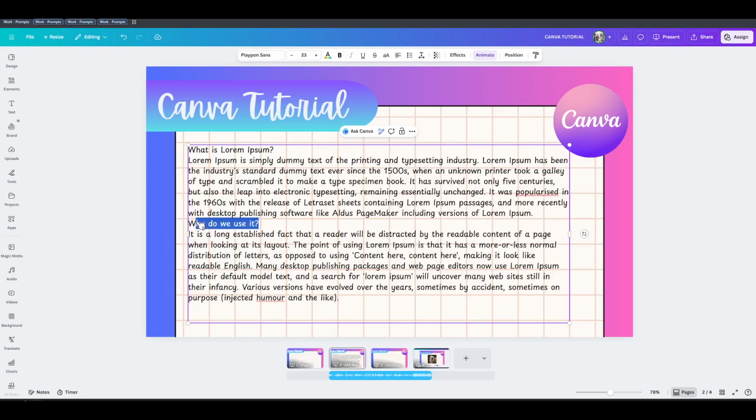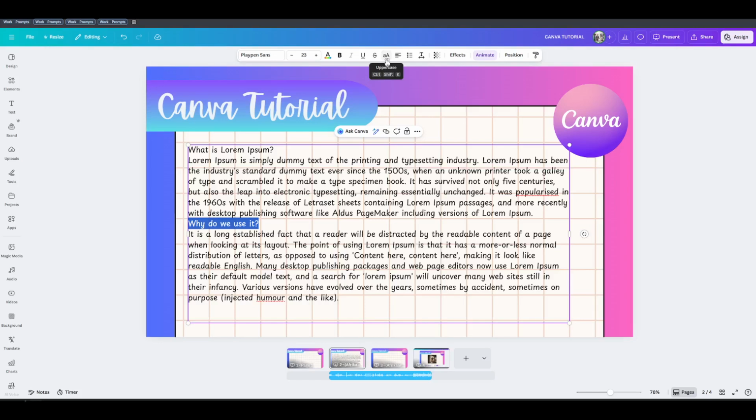When your text is selected, look just above your design area for the floating toolbar. This is where you'll find your font, size, color, alignment, and effects. Among those controls, look for the icon that shows a small a next to a capital A. That's the capitalization setting you're after. It can be easy to overlook if you're new to Canva, but it's right there with the other text options